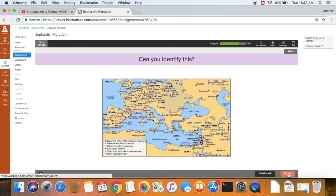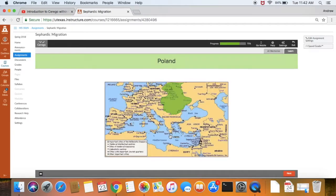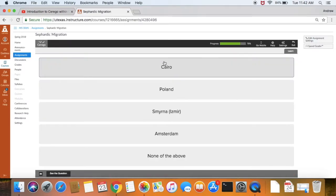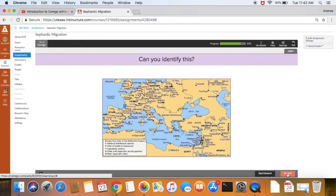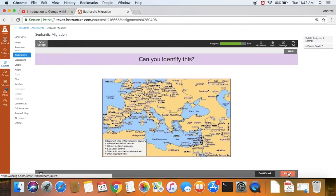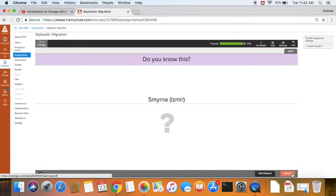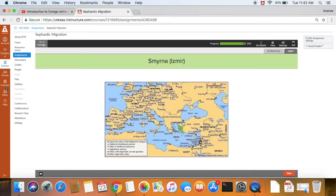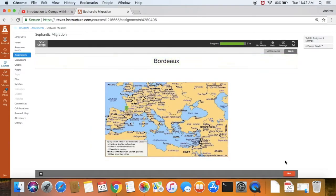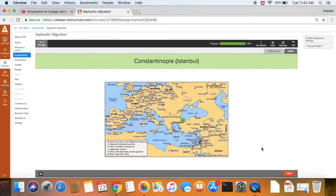As you can see, it's only been about 2 minutes here, and we're nearing the end of this quiz. It's a pretty short set. Some of yours may be longer, some of yours may be shorter, but in general, you shouldn't be spending, even at the start, more than 10 minutes on any of these sets. Here we are, Bordeaux in France,